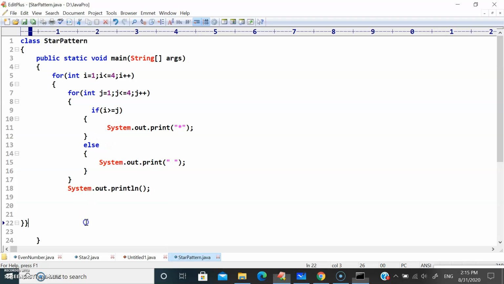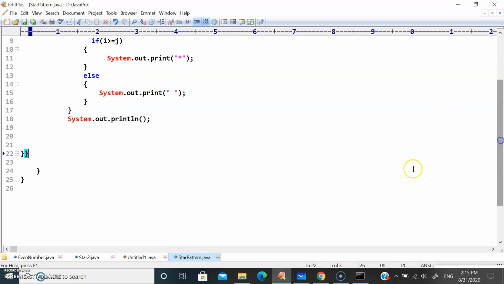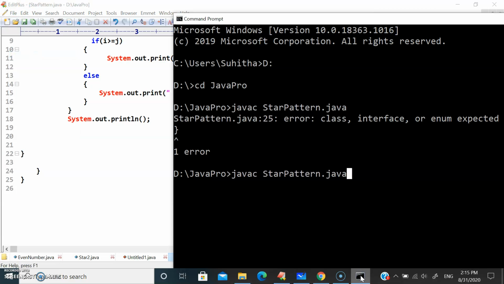There is an error, an extra curly brace. Let me remove one and save this again. No error. java StarPattern. So the star is printing, right?